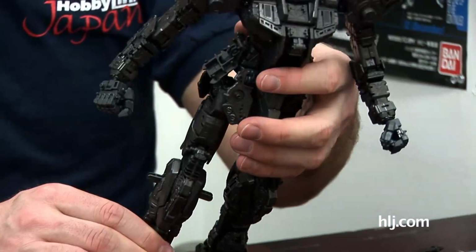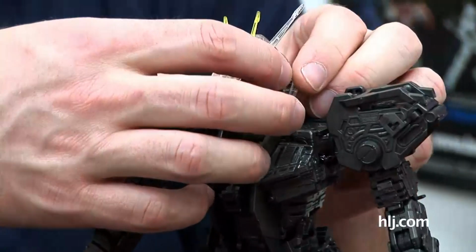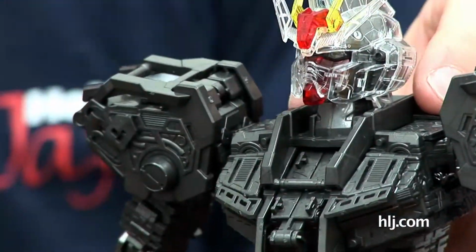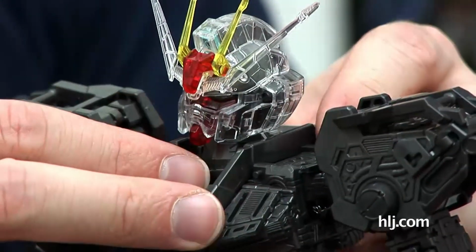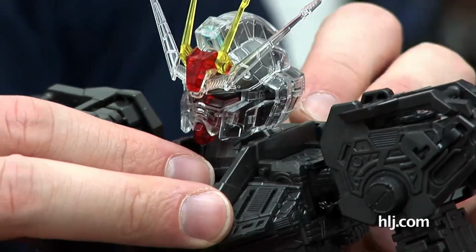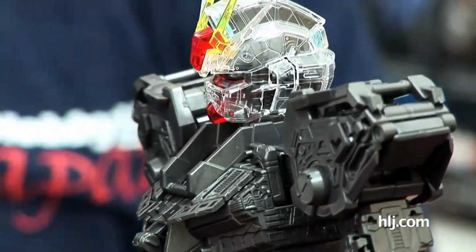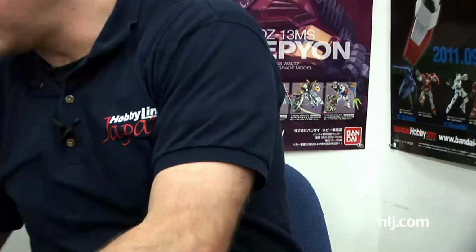Now, one thing that I can't show you, because I don't think I have the battery right now, is that Perfect Grades, almost all of them, come with this gimmick for an LED, and you can light up the head of this guy, and the head of the Strike Freedom and the RX-72 and whatnot. But they even take it a step further in some of their kits. I'll put this guy aside here, and here is the